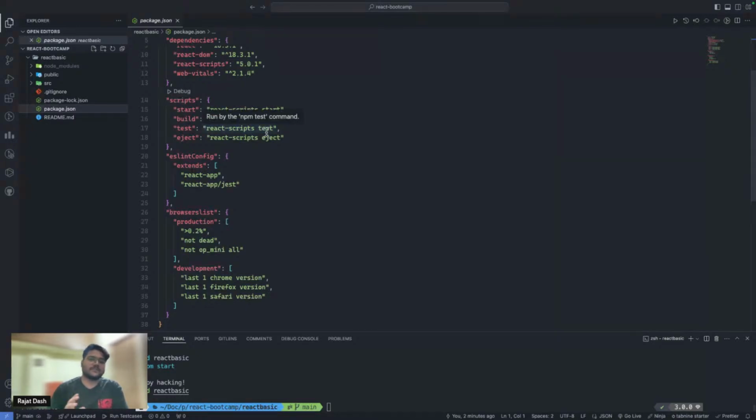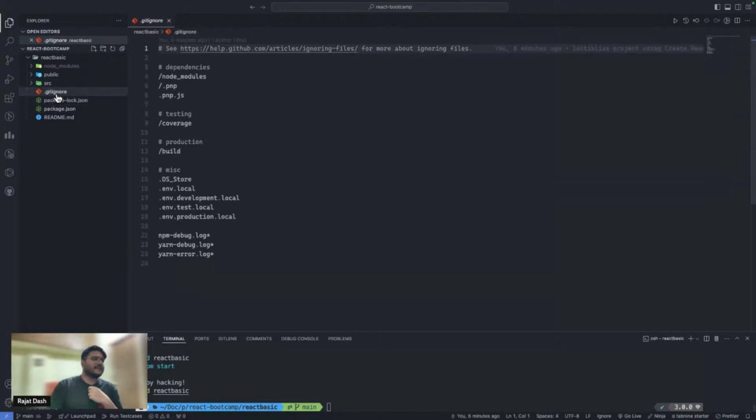What does build the entire project mean? React code doesn't go as it is to the browser. Okay. It first converts into JavaScript and then it is deployed. When a production level website or web application is deployed, the build folder is deployed, not the entire React application. Okay, so build is required at that time. For development purposes, we will create this script called React Start. It will start our application in development mode, and we can see whatever we are building.